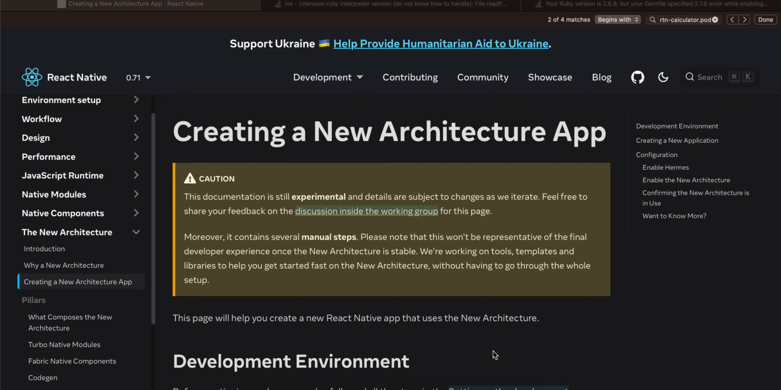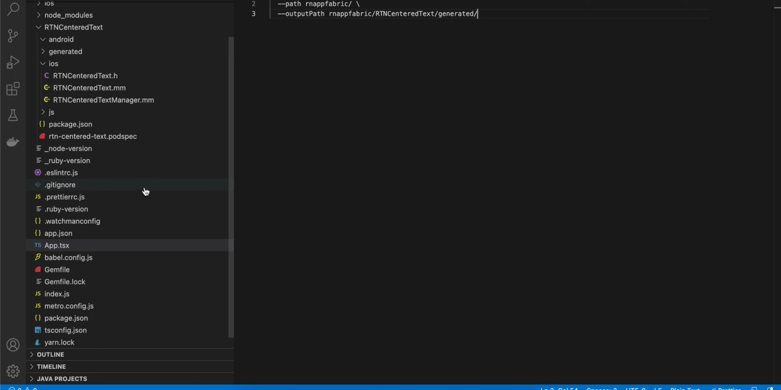Today I'll be talking about how to use Fabric for iOS in React Native's new architecture. So first of all, you have to generate a default React Native app. I am using version 71.1, and the next thing you have to make sure is to check the Ruby version